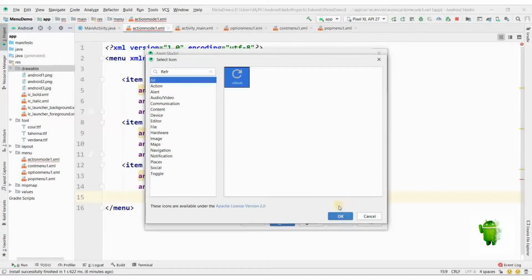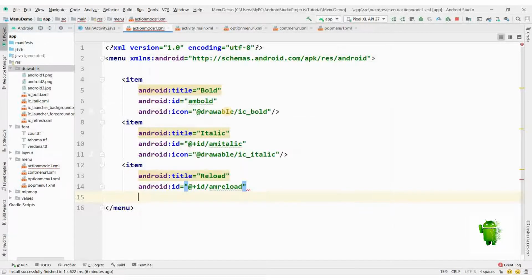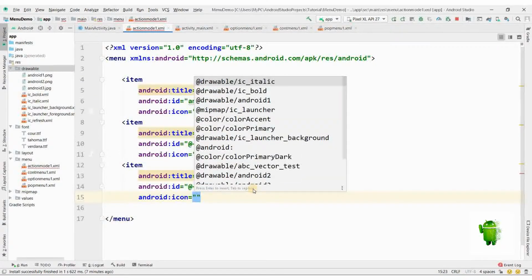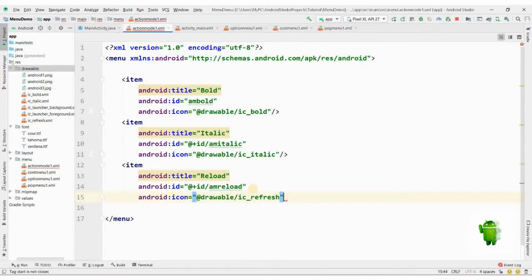Refresh icon, choose the color FFF, change the name to IC_refresh, finish. We'll choose the icon of this particular item to IC refresh. Here our menu is done.